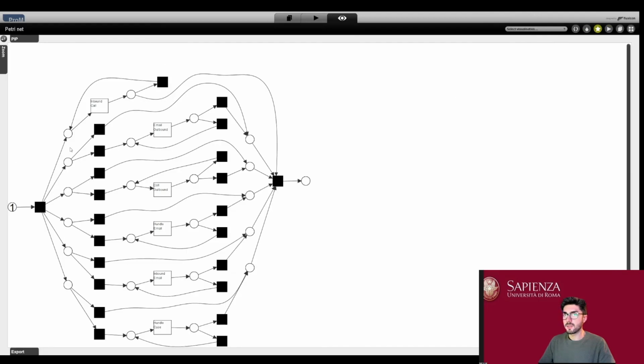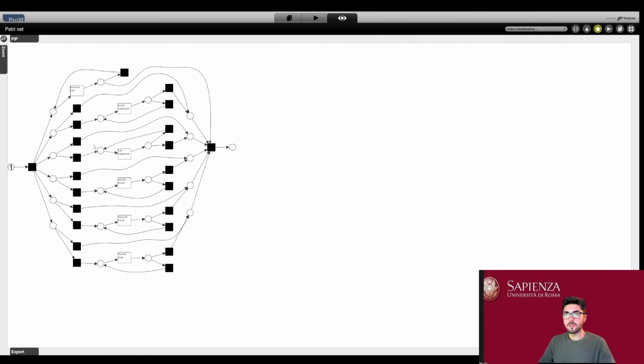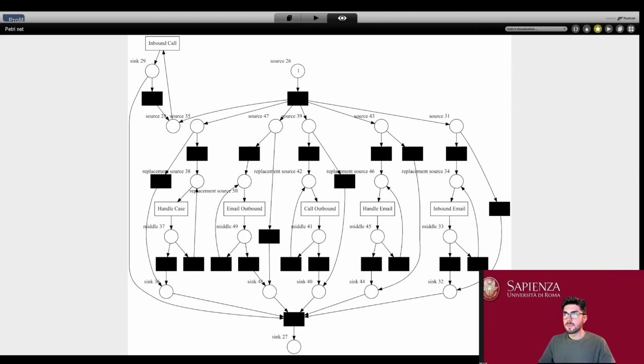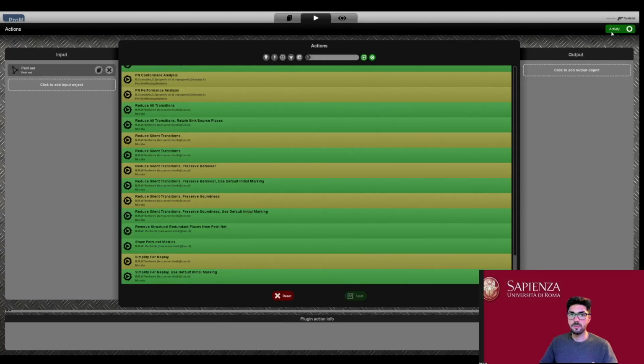So we can, even in this case, select a different kind of visualization of the Petri net. As you can see, there are quite a few of them. And again, the nice aspect of ProM is that I can already use these freshly produced resources to do something else. For example, here now I have in input my Petri net.